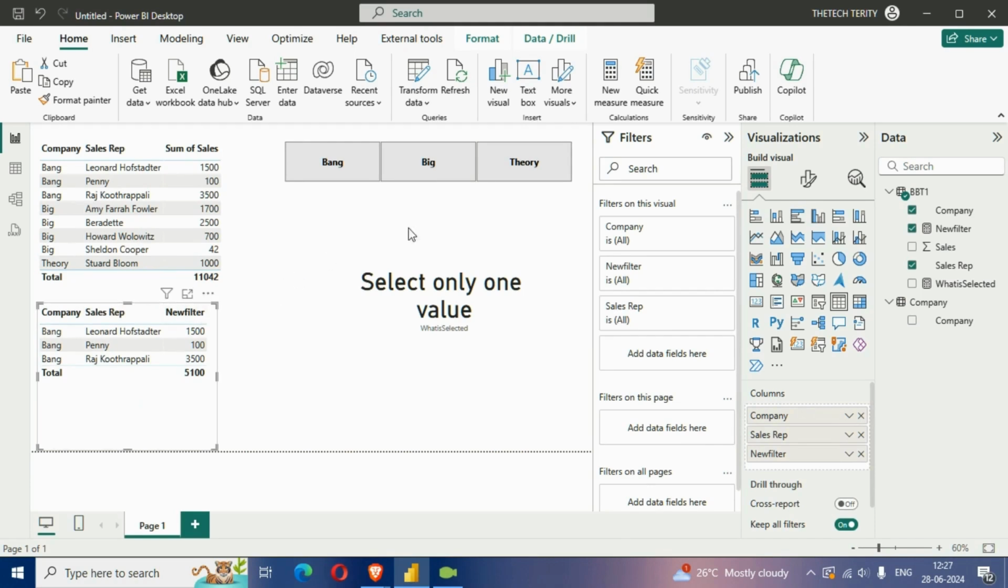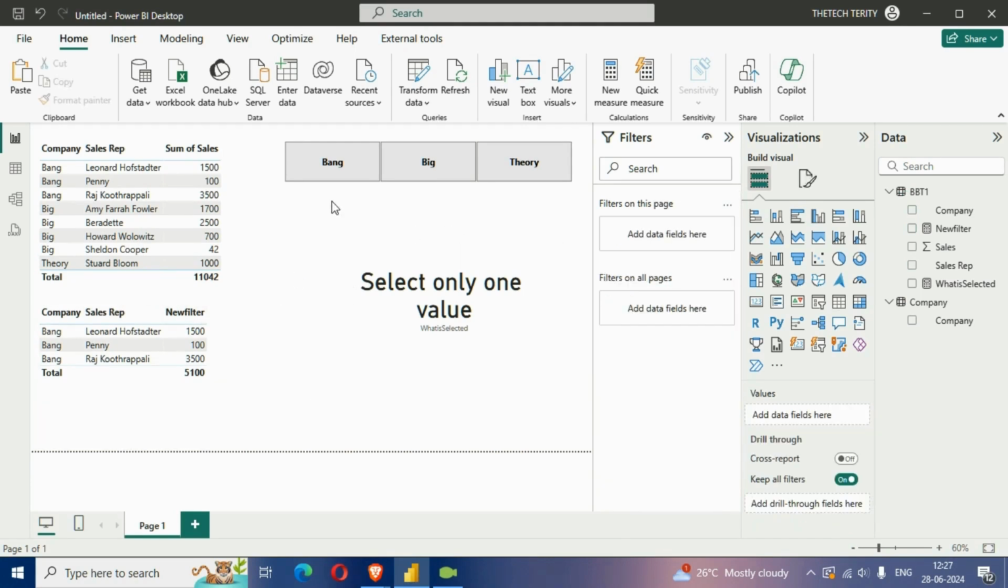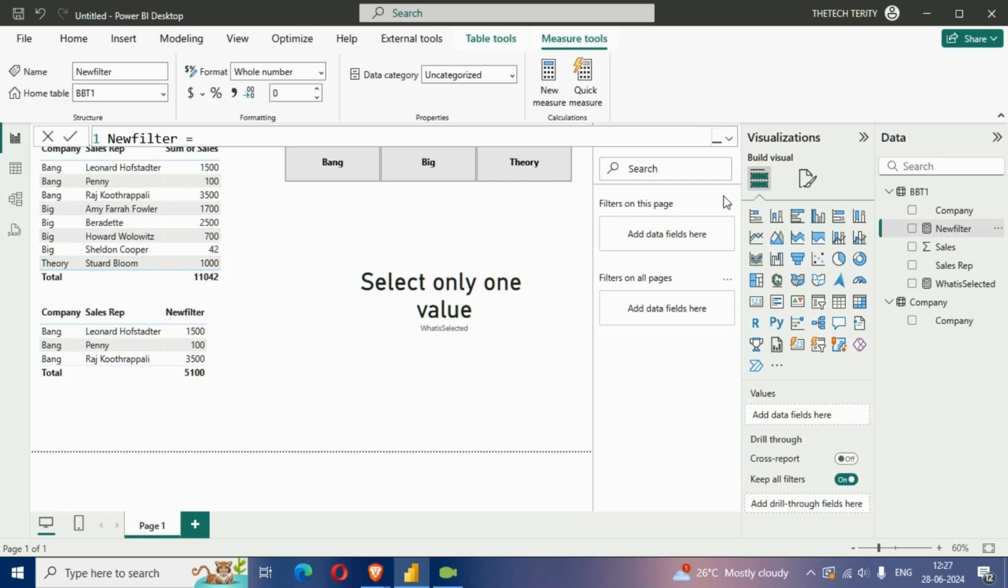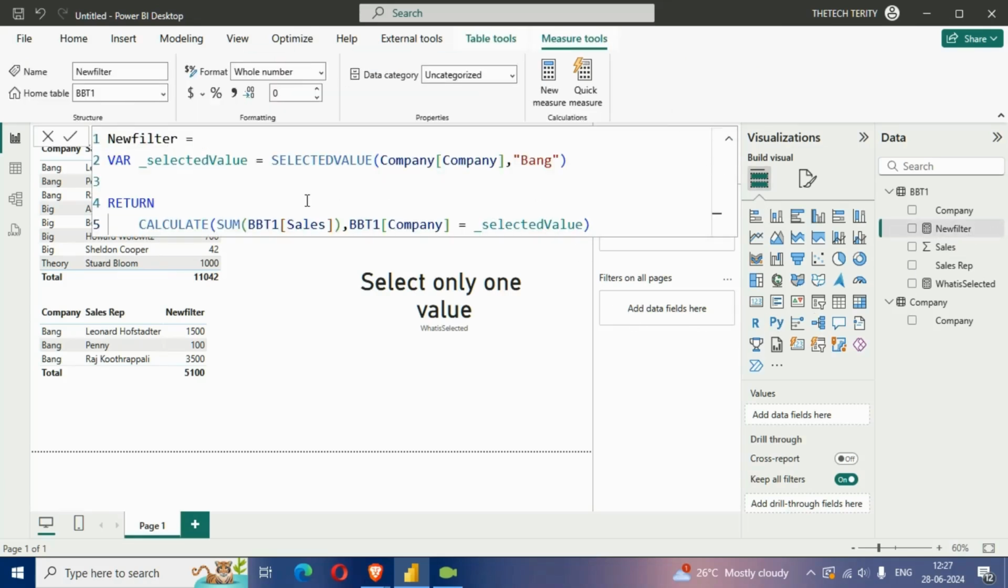So let's see how we can handle multiple selections. That is, I want to see bank, big, and theory company sales figures in this table. So let's see how we can do this. For that, we will modify this query, and here what I'll do,